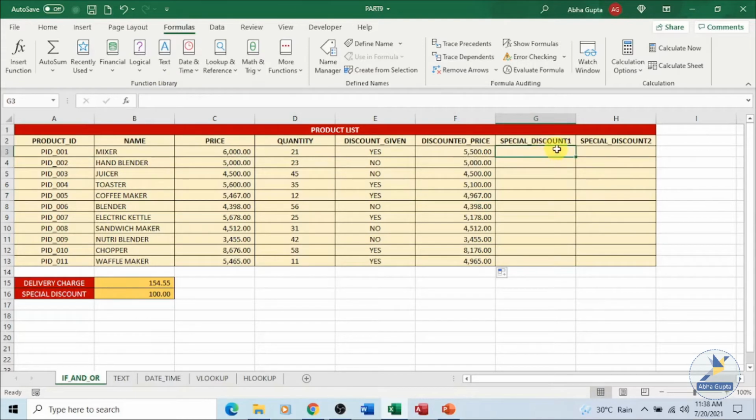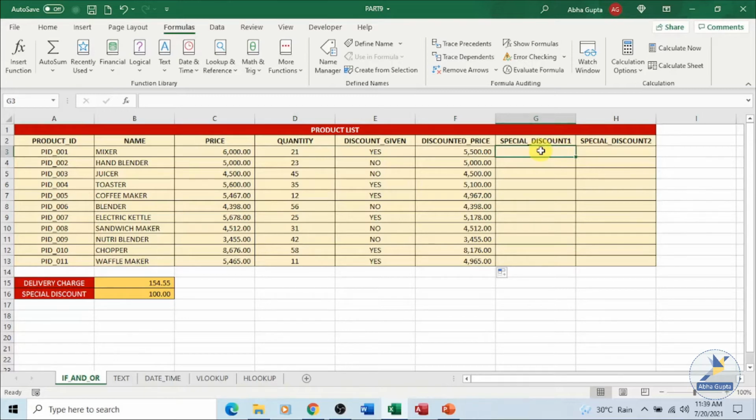Now moving on to AND. AND is also a logical function and is used to test a condition, whether the condition is true or not. If both the conditions are fulfilling the criteria, or both are true, then it returns true, otherwise it returns false. So if we have one, let's check it over here.